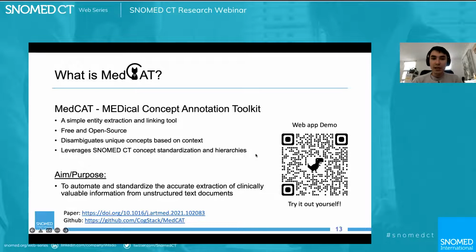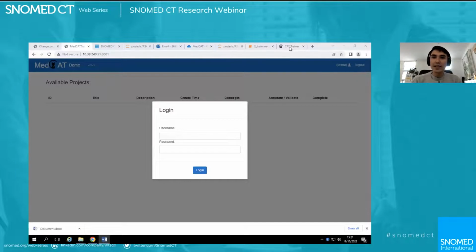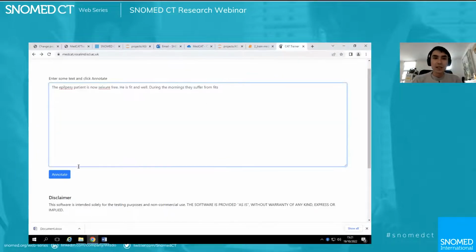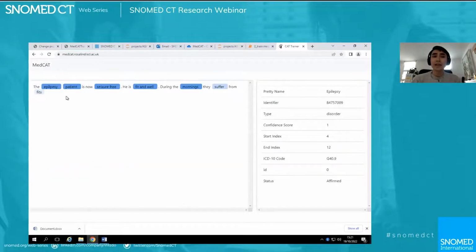Awesome. So I've got a bit of a web app demo that you can easily scan, or there'll be links provided as well, so one can test it out oneself. But let's just go to a demo page, and this is what it looks like. You can enter any bit of free text, and this is for demonstration purposes only. And whether it's misspellings or variations or combinations, it tries to attach the most appropriate SNOMED code wherever it's found to be appropriate.